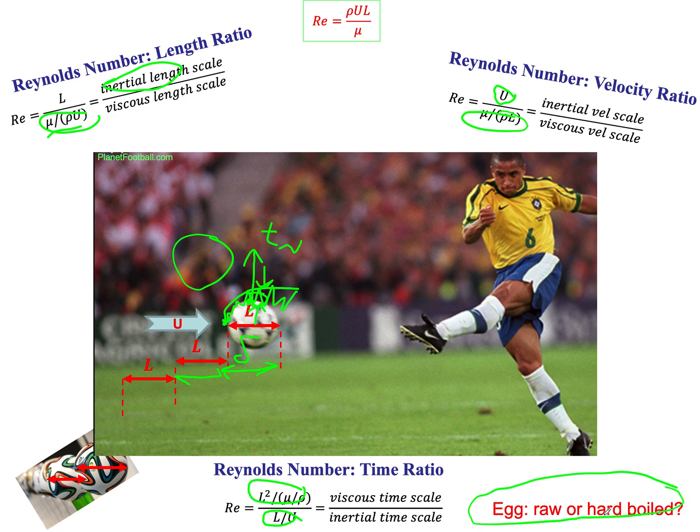Boil one in water so it becomes hard boiled, and then place the two on a table. Now give each one a spin, an equal amount of spin. And you'll notice that the hard-boiled egg, once you give it a spin, is going to remain spinning for many more seconds after you take